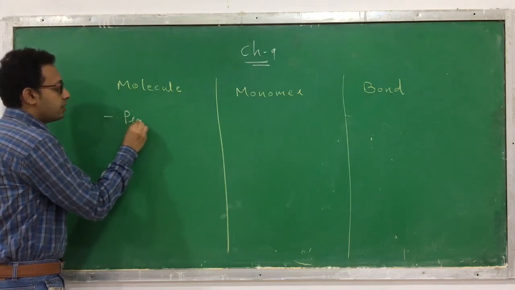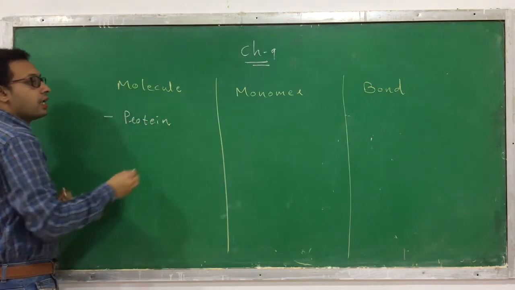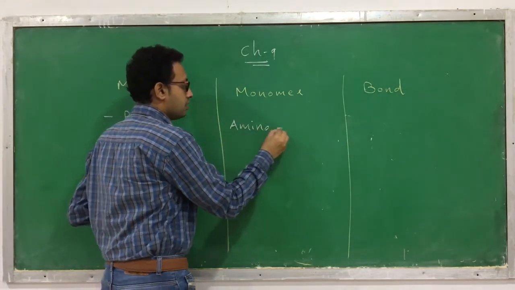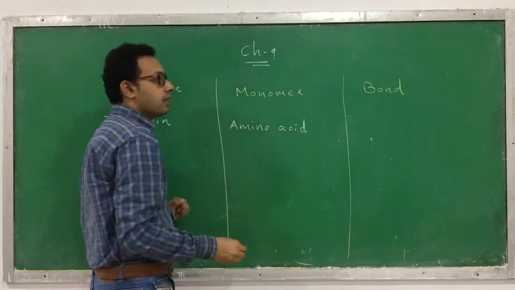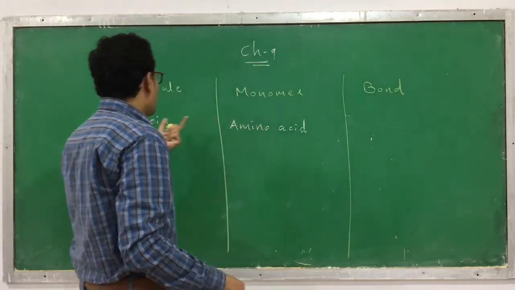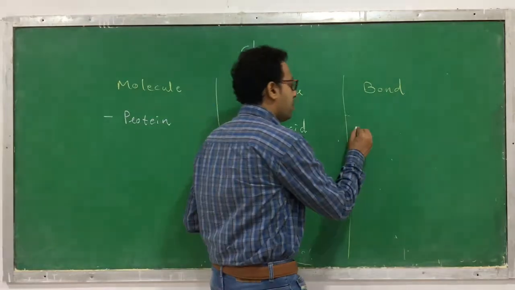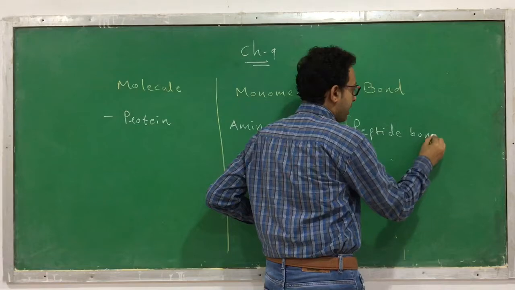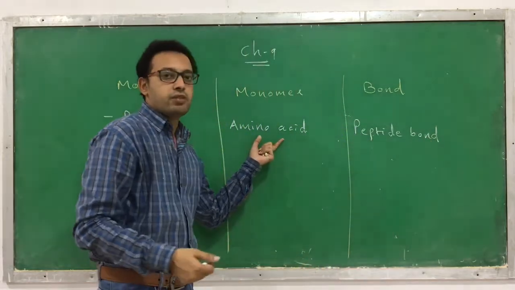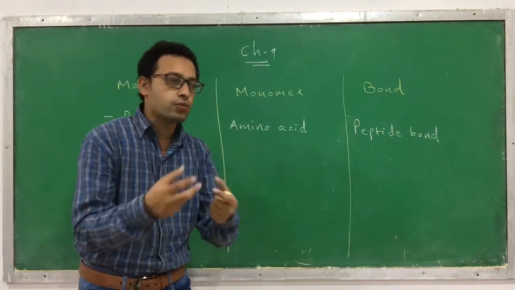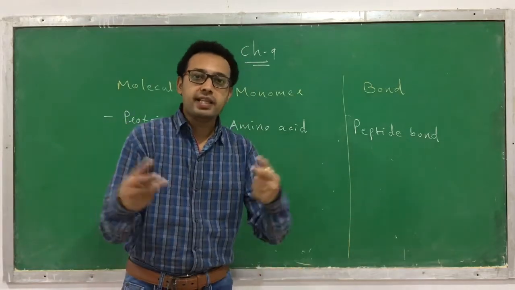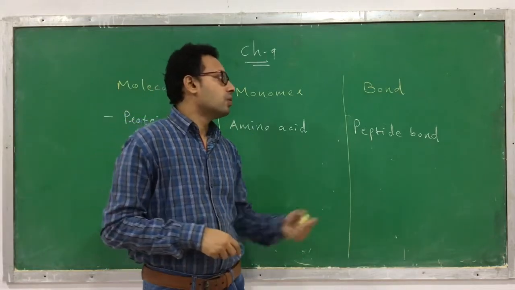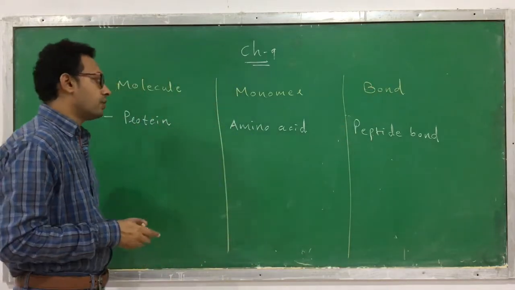Here the first molecule is protein. In a protein, its monomer is amino acid. This is the monomer of protein. In the structure of protein, the amino acids are connected by a bond. And which bond is it? Peptide bond, by which they are connected. So the many amino acids, or two amino acids, link together by a peptide bond. And when there is a bond formation, a water molecule gets removed, and thus there is a formation of a peptide bond.